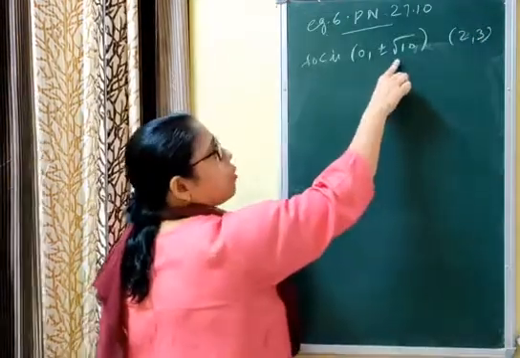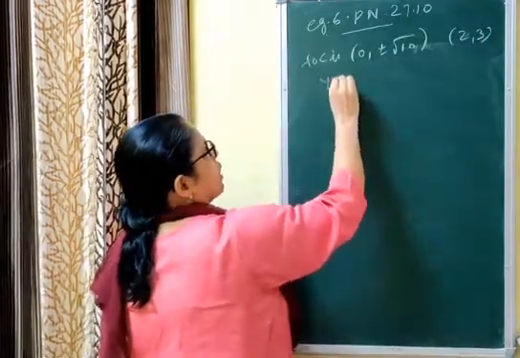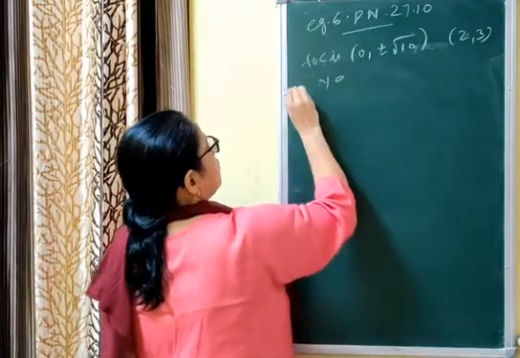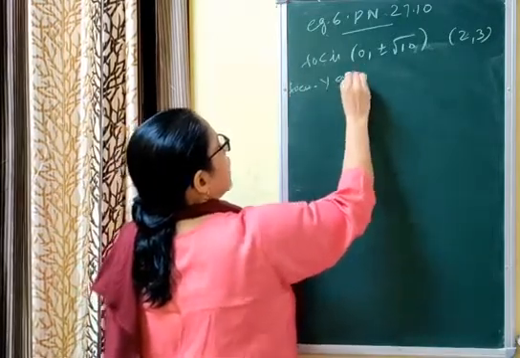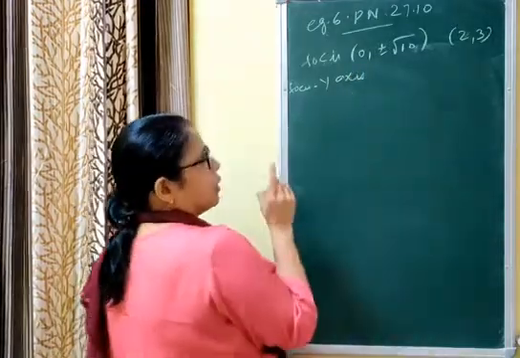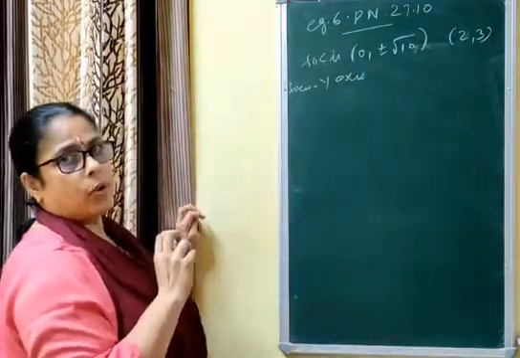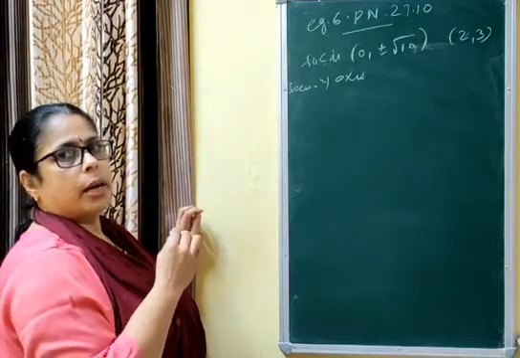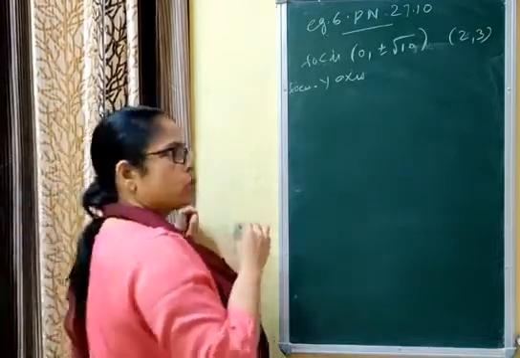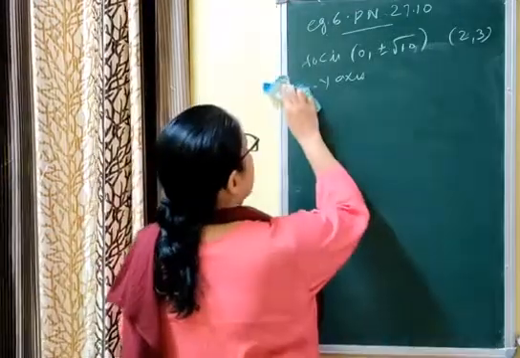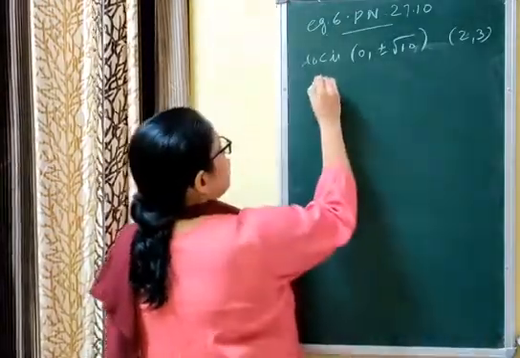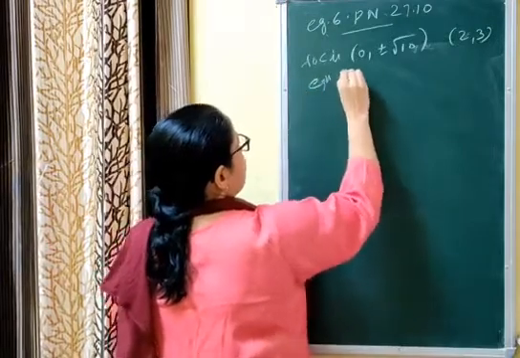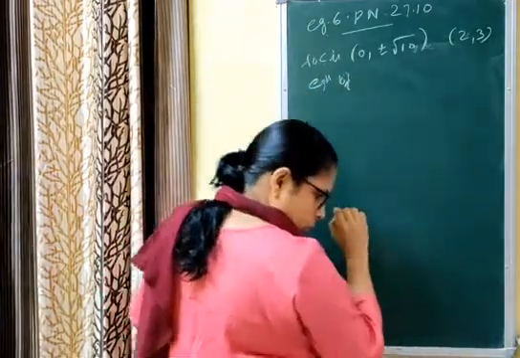Since the foci are on the y-axis, that implies the equation of the hyperbola will be of the second type, that is x square by a square minus y square by b square equal to minus 1. Since the foci lie on the y-axis, the equation of the hyperbola